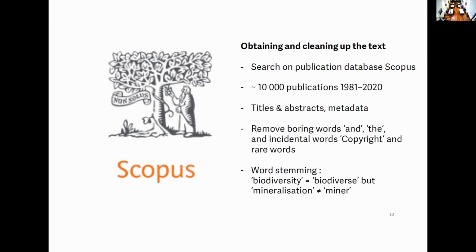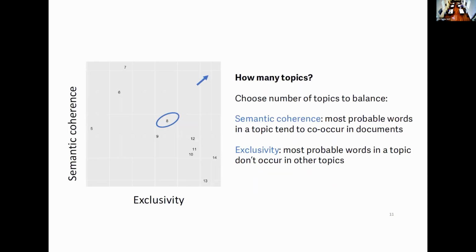So sometimes words have the same root, but they mean something quite different in context. So in the context of this literature, miner would be referring to a leaf miner, which is a kind of insect that makes little tunnels in leaves. And that's completely different from mineralisation, which would tend to be used in relation to either discussing the formation of interesting geological features or the reason why fossils were preserved better because of bones mineralised.